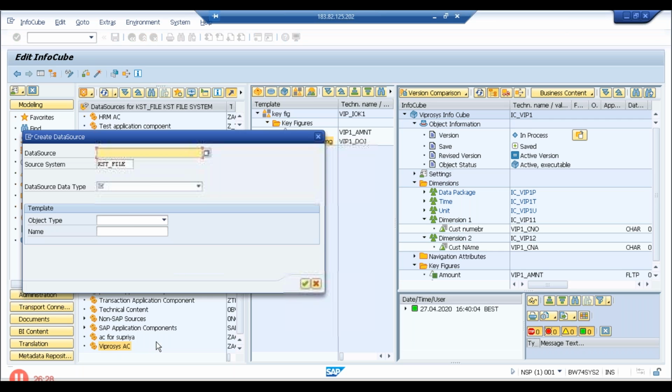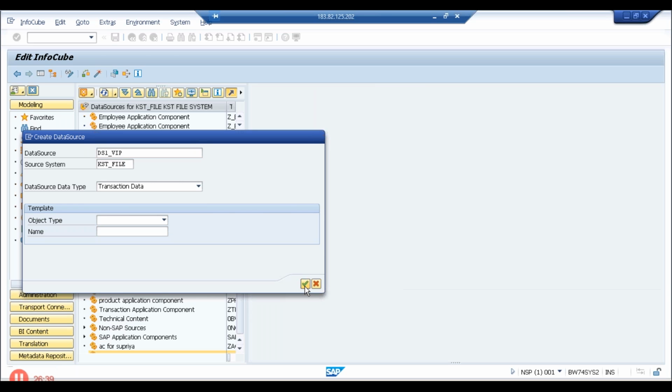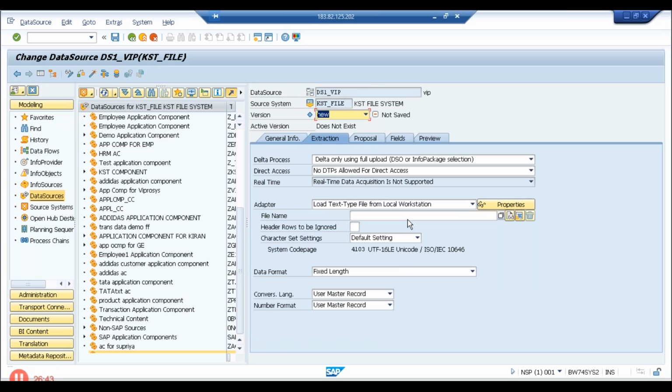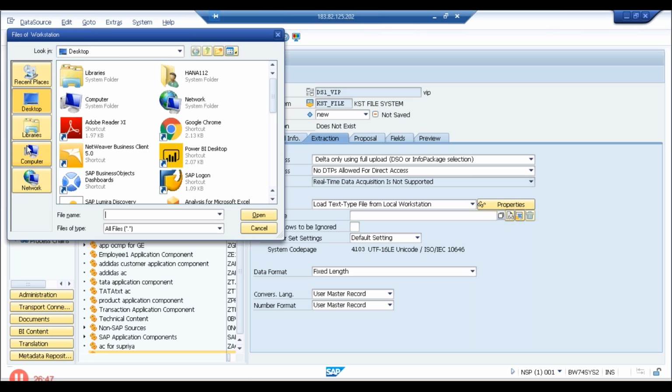Right click on this, create data source. We'll go for the extraction, and here the flat file name